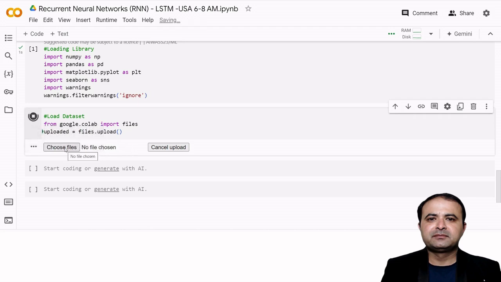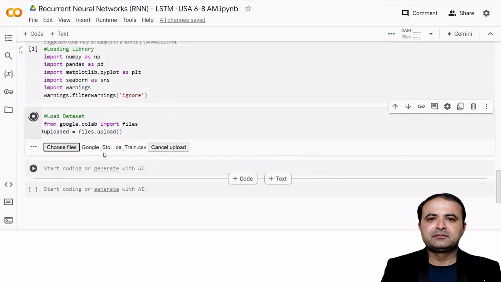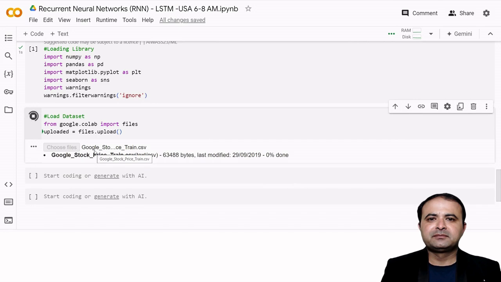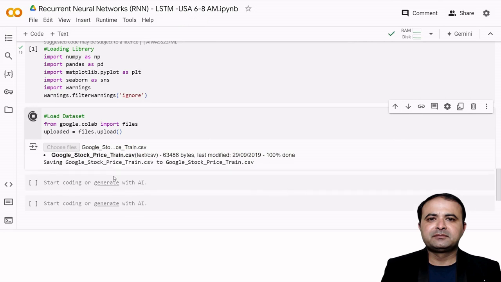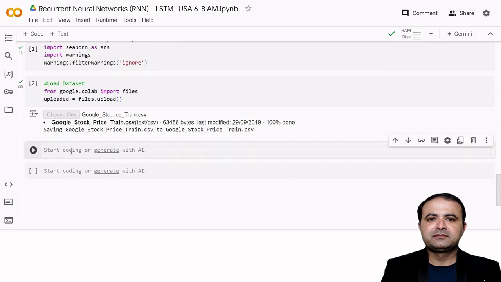Once you click to choose the file, go back there and click to load this Google stock price. I will provide this data set in the comment section. You can download it and practice. So once I have successfully loaded this data,